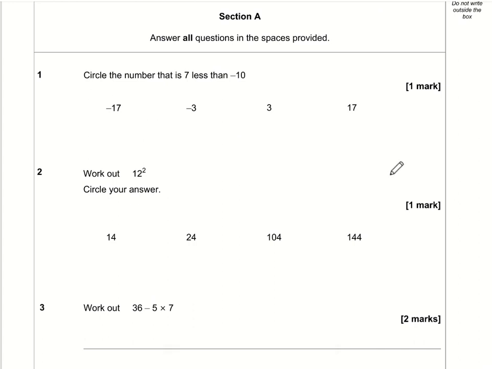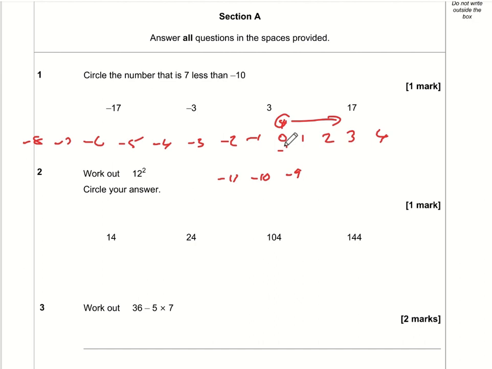Circle the number that is 7 less than negative 10. Okay, you might want to do a number line here. So 0, 1, 2, 3, 4. No problems going in this direction. -1, -2, -3, -4, -5, -6, -7, -8. Run out of space. Let's start another number line. -9, -10, -11. Okay, so if we're adding, we are going in this direction, but if we're subtracting, we are